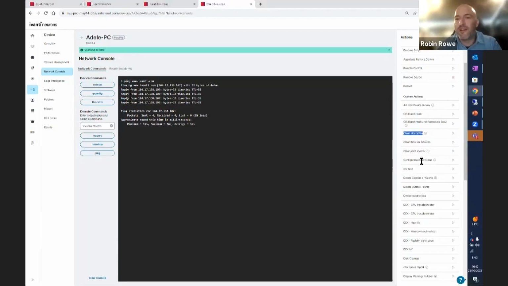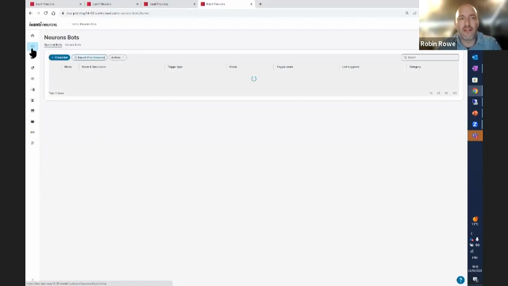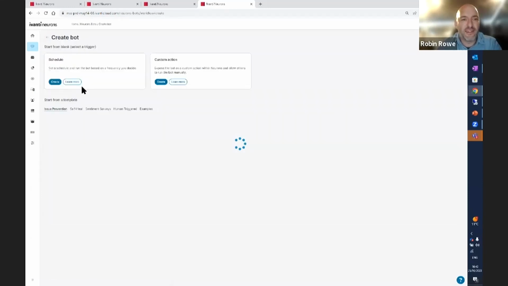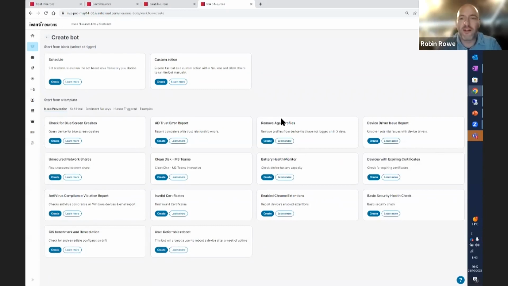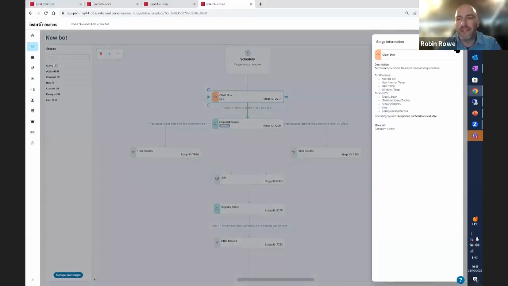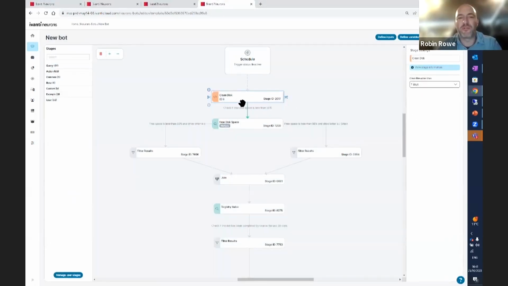Now, another example is, when it comes to disk cleanups, again, the view from a disk automation perspective is that if we were to go and take a look at being able to clean a disk automatically, again, we have an out-of-the-box bot in here that's going to help clean a disk automatically. So the key thing is to be able to clean up areas of the disk that aren't going to be of interest to the user. So being able to clean up temporary locations, do all of that automatically,